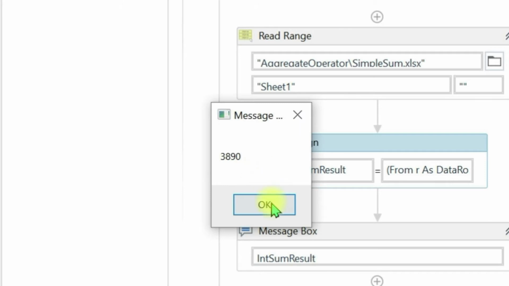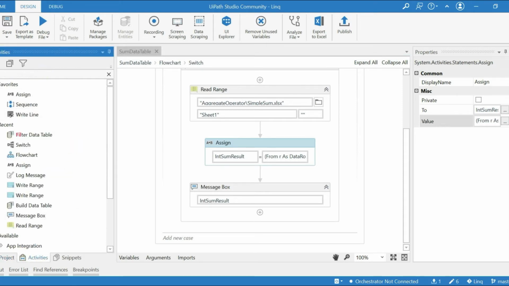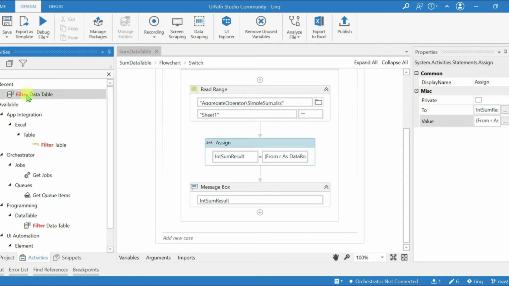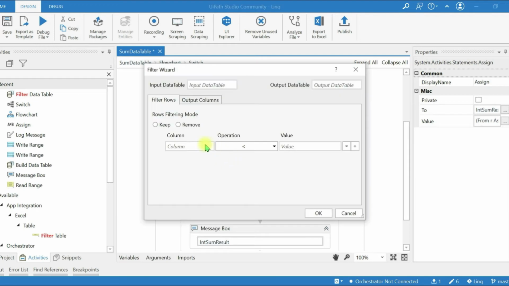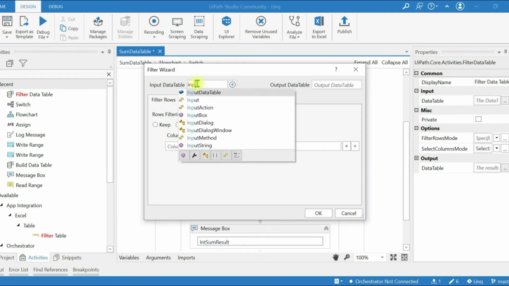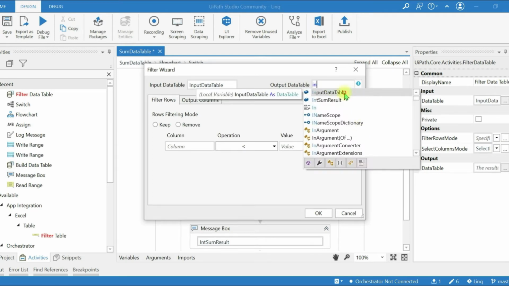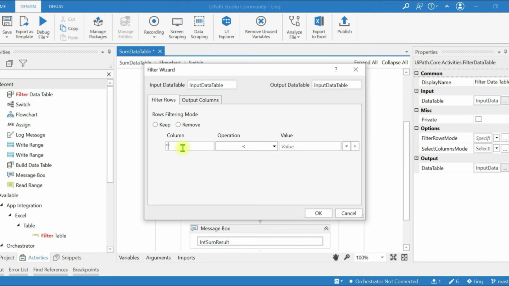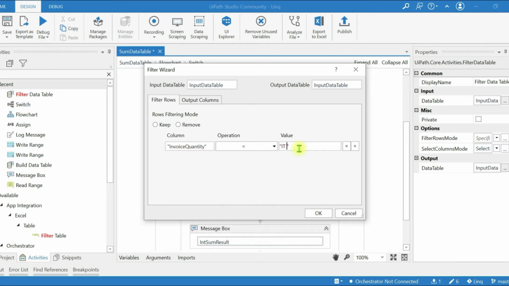3890. Okay, if we are not using a LINQ query, what we will do is use the filter data table activity. First we will use it, so LINQ query is mainly used to filter the data. So instead of this assign activity, you will use filter data table, and you can give simply input data table and output data table, and here you can give column name as invoice quantity equal to IT support.